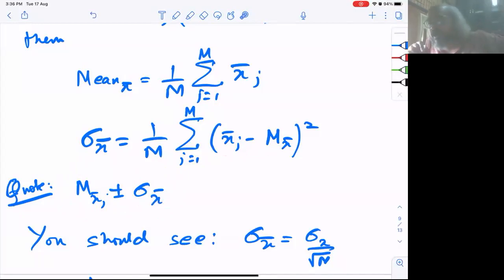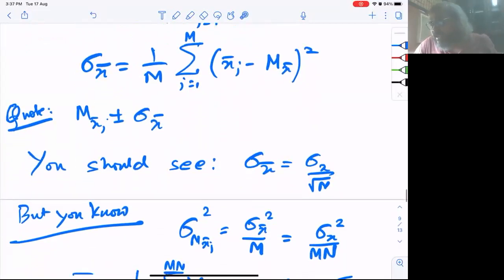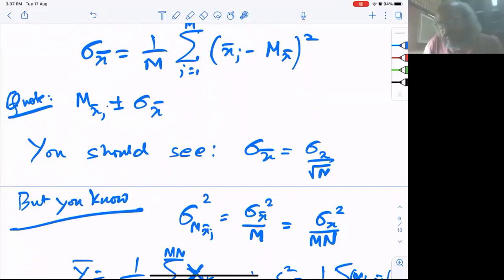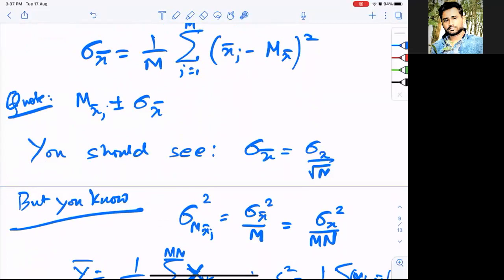But if you have done it well, and if your m and n are large enough, and the experiments are very kind. Nature is very kind, so n doesn't need to be very large. Like 10, 15 is already large enough. So if you have taken large enough n and m, you should actually find